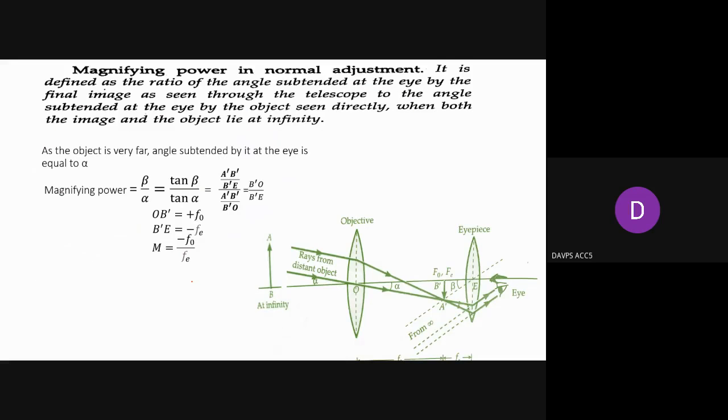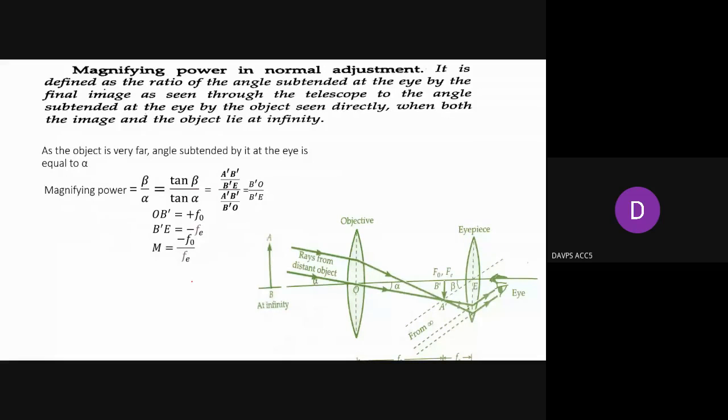Now you look at the case of normal vision: magnifying power in normal adjustment. It is defined as the ratio of the angle subtended at the eye by the final image as seen through the telescope to the angle subtended at the eye by the object seen directly, when both the image and object lie at infinity. But in the earlier case the image was formed at the least distance of distinct vision, and in this case the